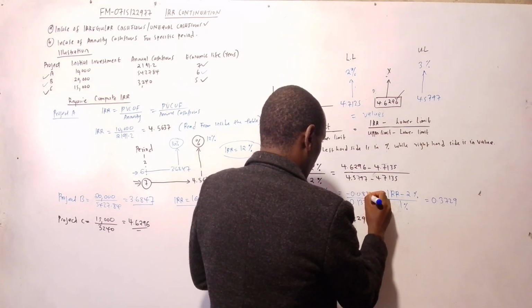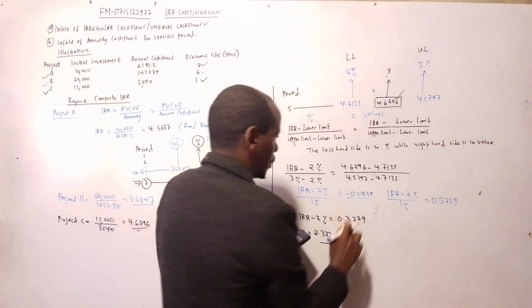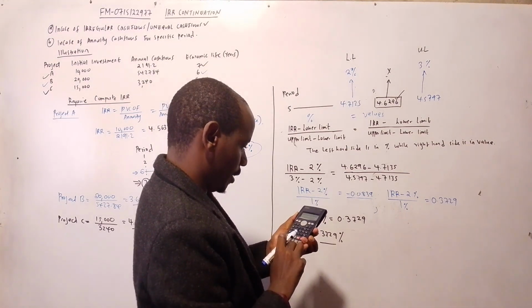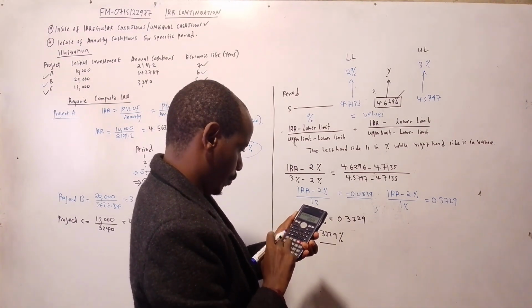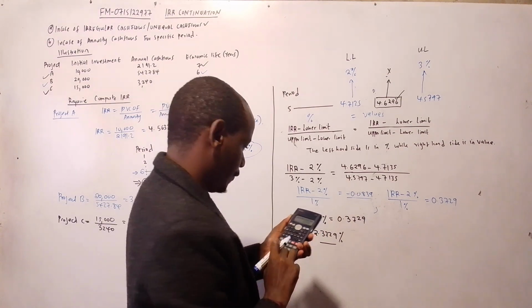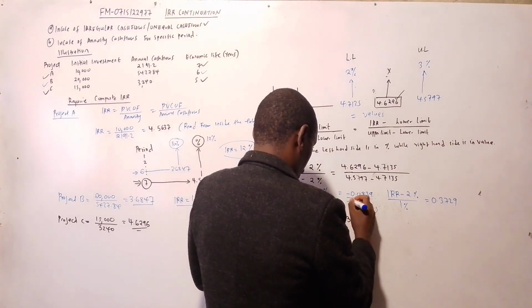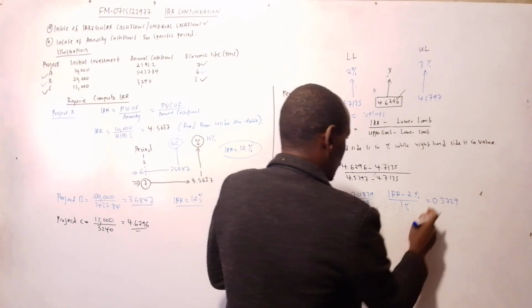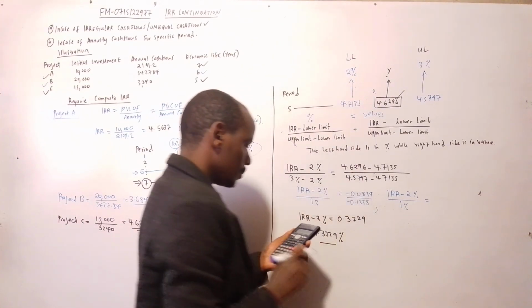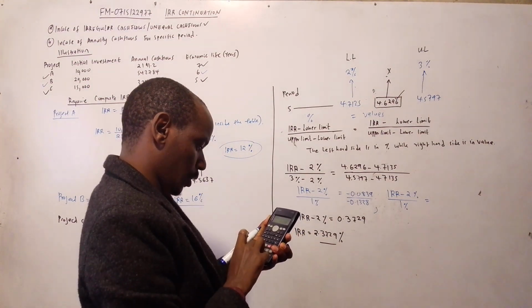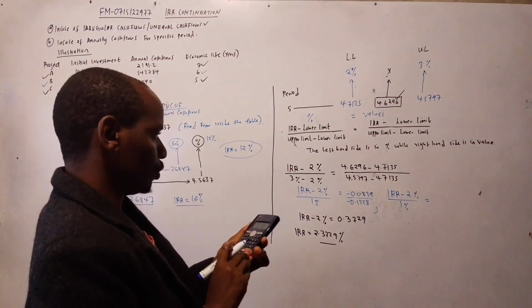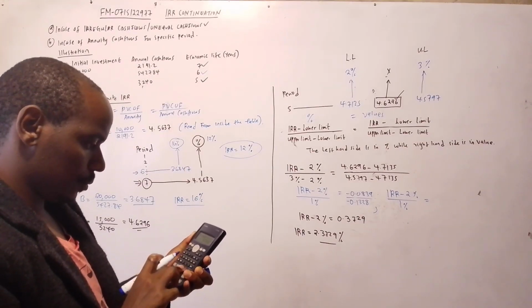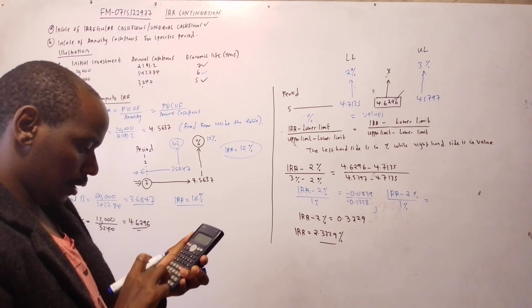0.0839, then 4.5797 minus 4.7135, which is minus 0.1338. So tukidivide hapo, so minus 0.0839 divided by minus 0.1338, inatupatia ni